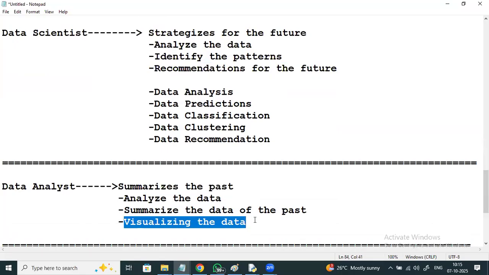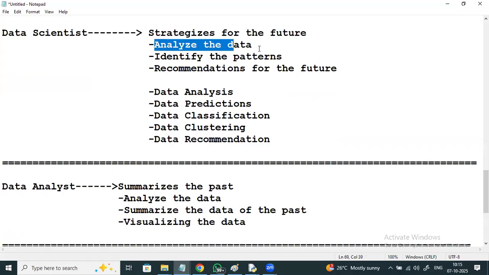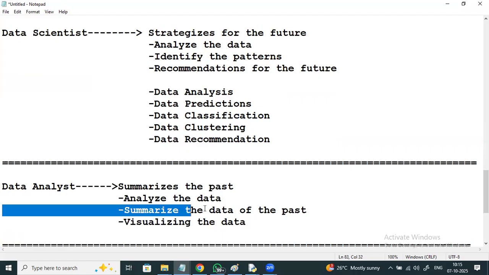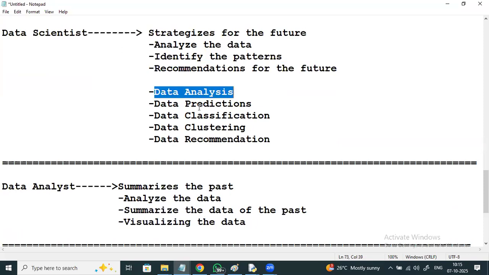Both the data scientist and data analyst analyze the data. The data scientist identifies key patterns and makes recommendations for the future. The data analyst summarizes the data of the past and finally visualizes the data. The data scientist performs data analysis, predictions, classifications, clustering, and recommendations, a blend of techniques.